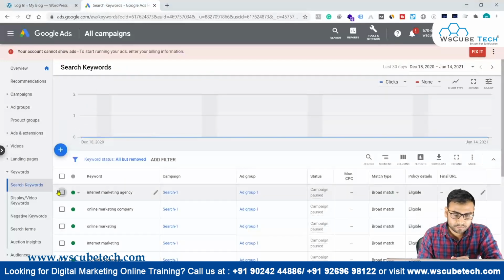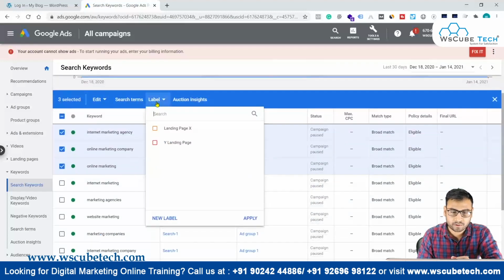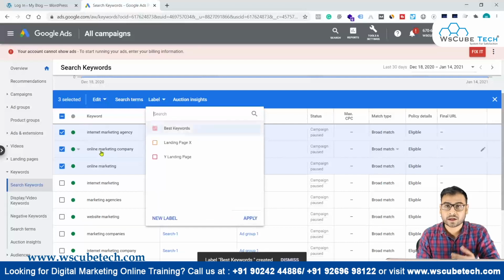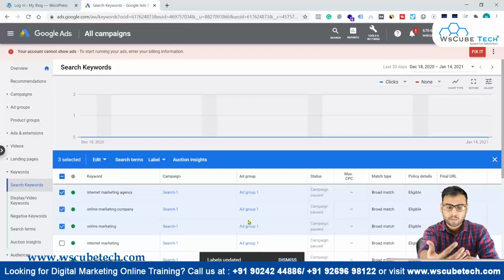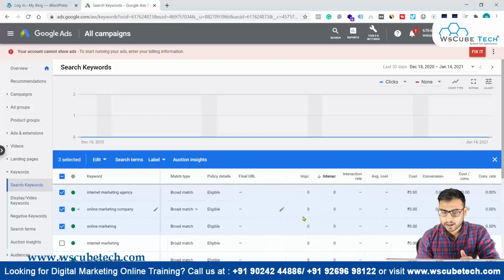Suppose we have these 3 keywords which are performing well, we can go ahead and create a new label, and change the color if we want. We can write best keywords over here, right? So these are the best keywords, or the keywords that we actually want to track. It totally depends on us what kind of label we want to provide, or what kind of thing we actually want to track, so that we can associate some label with that, right?